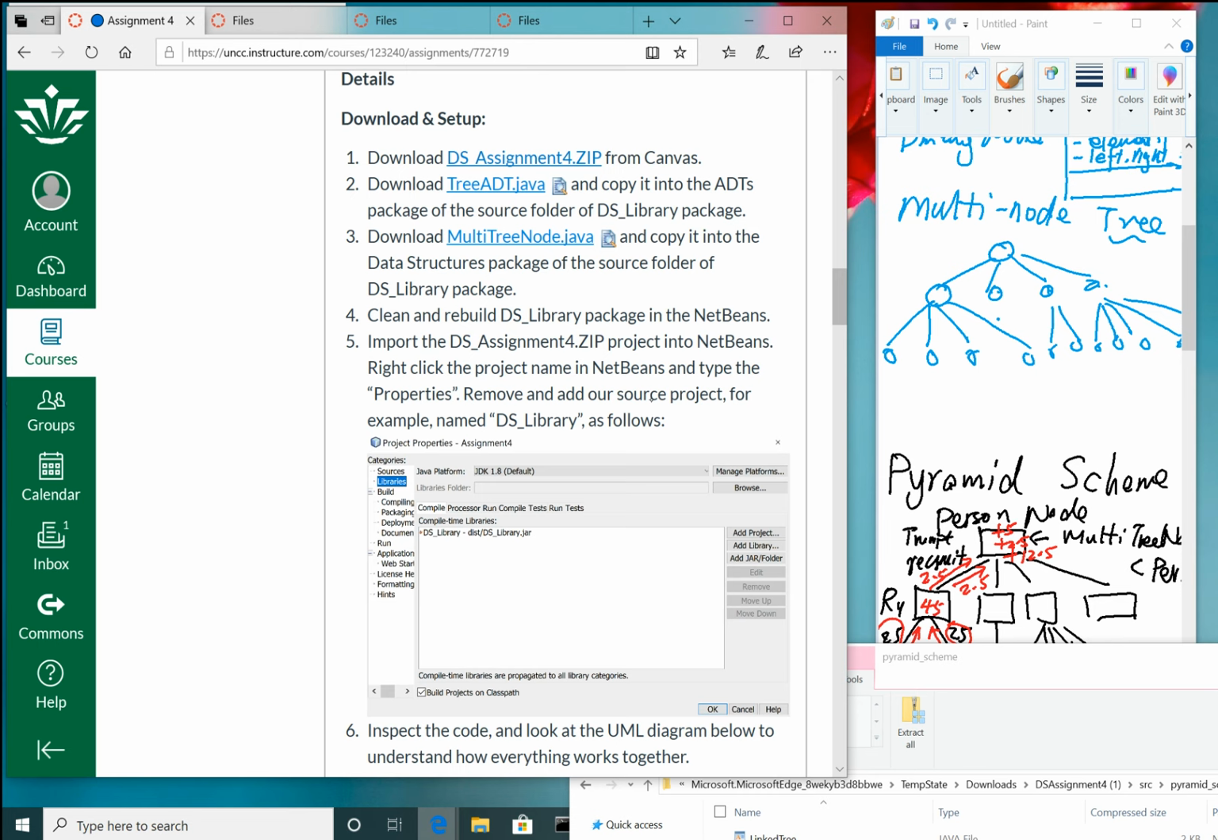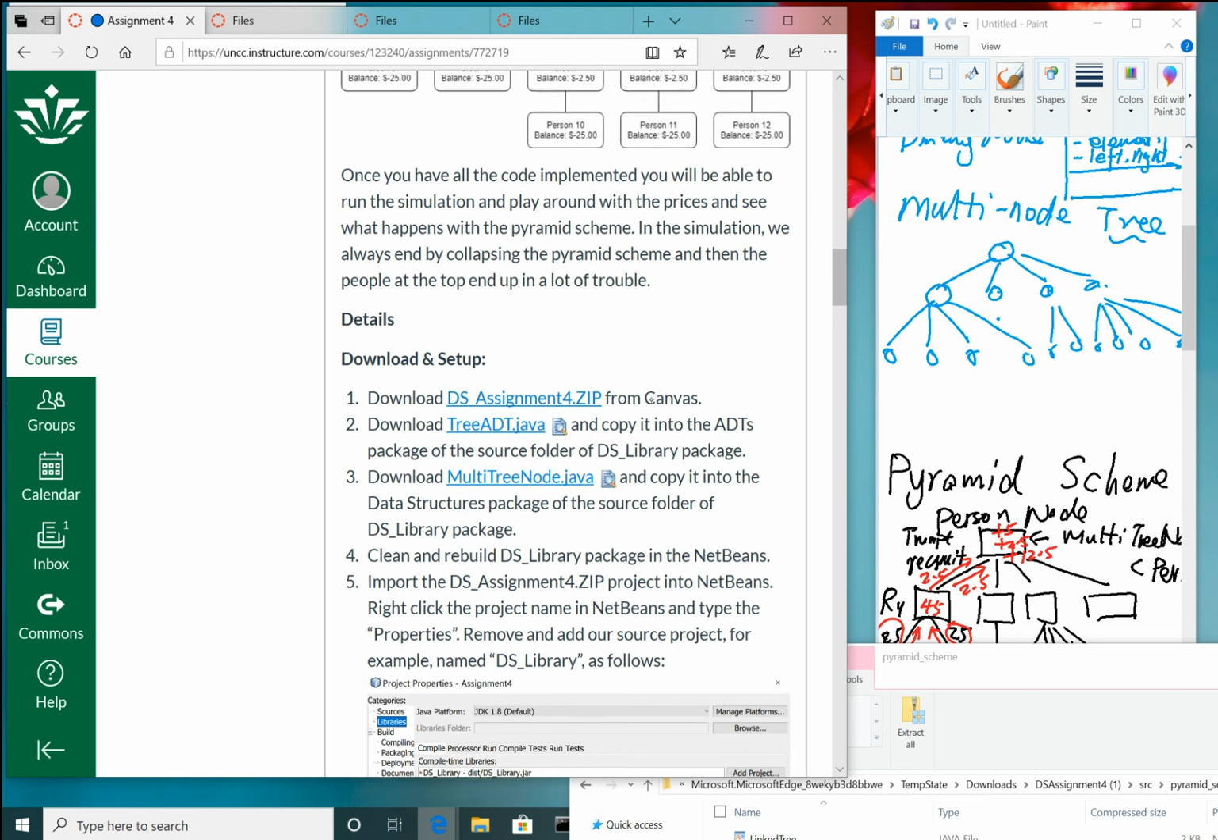Clean and rebuild the DS library packaging in NetBeans. Import the DS library project into NetBeans. Right-click the project in NetBeans and tap properties. Remove, add some source project. I see. So for this part,